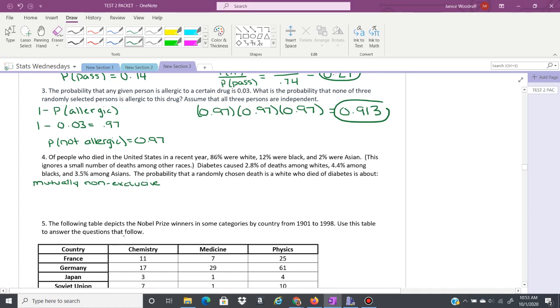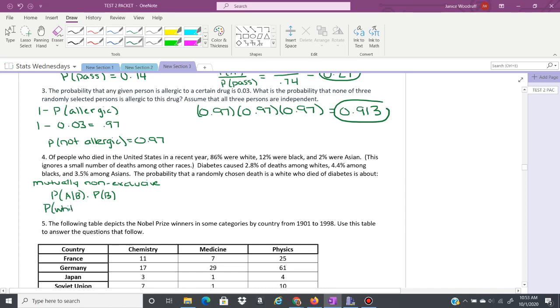Okay, so for mutually non-exclusive events, we have the probability of A given B times the probability of B. So the probability of B is going to be the death of dying of diabetes. Okay, so that's 2.8%. And we're going to want to make these into decimals. Okay, so B is going to be diabetes,